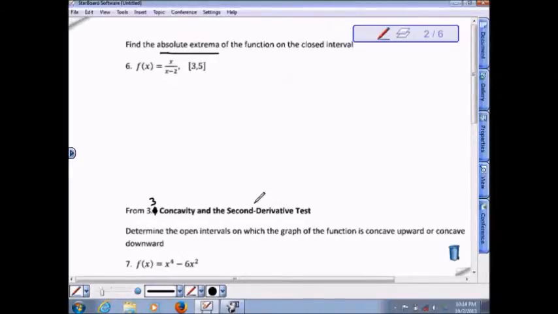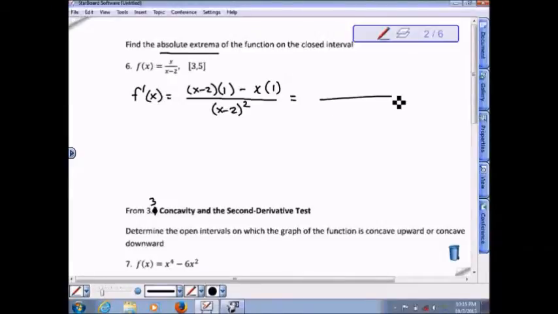as being one of the extreme values of this closed interval, not just the critical values. So we have to find the first derivative, set it equal to 0 to find the critical values. So again, using the quotient property rather, it's the bottom function times the derivative of the top function minus the top function times the derivative of the bottom function all over the bottom function squared. Simplifying in the numerator is going to yield a -2, and then it's all over x